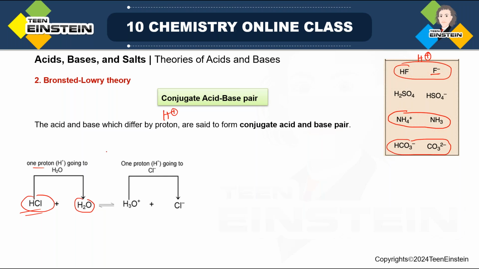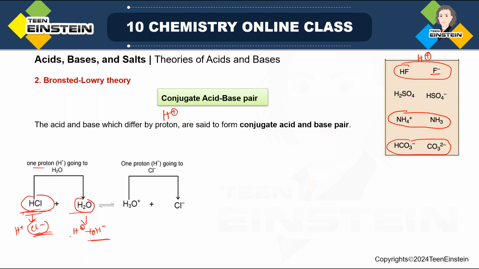So in a simple way, we can say that a species will act as the H plus donor when there is a competition between two species. Just take HCl. It is producing H plus and Cl minus. Look at H2O, if it is donating H plus, it will produce OH minus. Now among these two species, Cl minus and OH minus, the species which is more stable, in that case H plus donation will take place. Here Cl minus is more stable than OH minus,